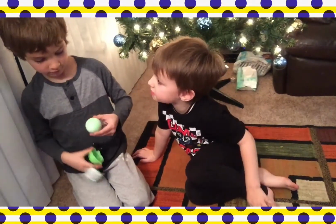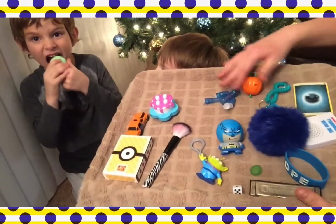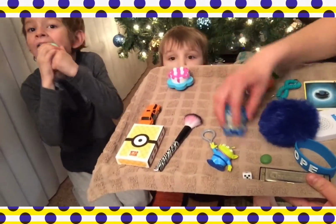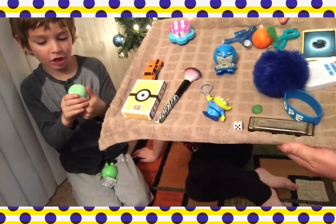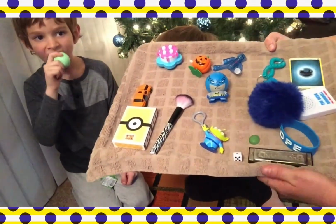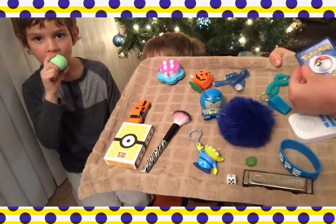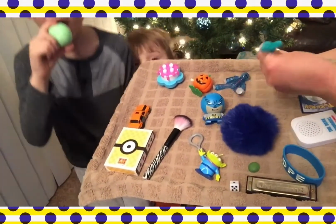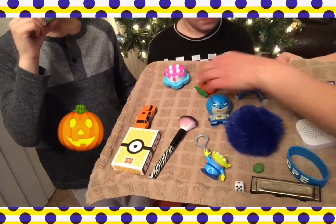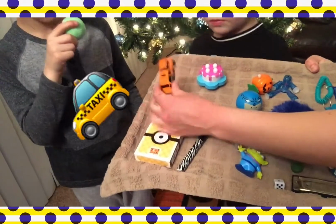That's a jawbreaker. Okay, I've set up some little fun toys just on a cookie sheet. They need to memorize these, and then I'm going to take one away, and they have to let me know what I took. So, got a doorbell, a Pokemon card, energy power, a whistle, a stick bot, pumpkin, Minnie Mouse's Lego cake, an orange car,